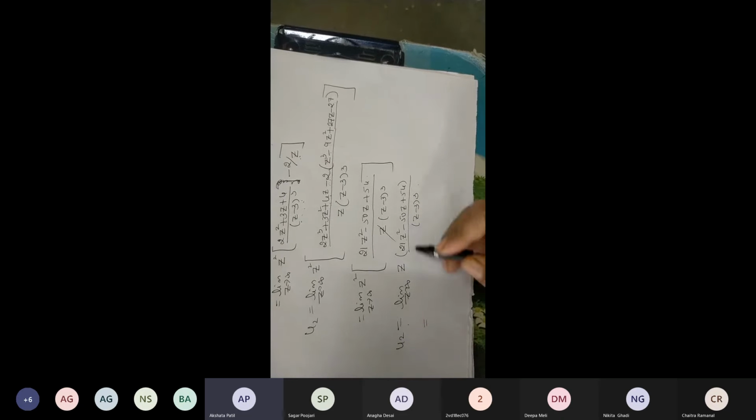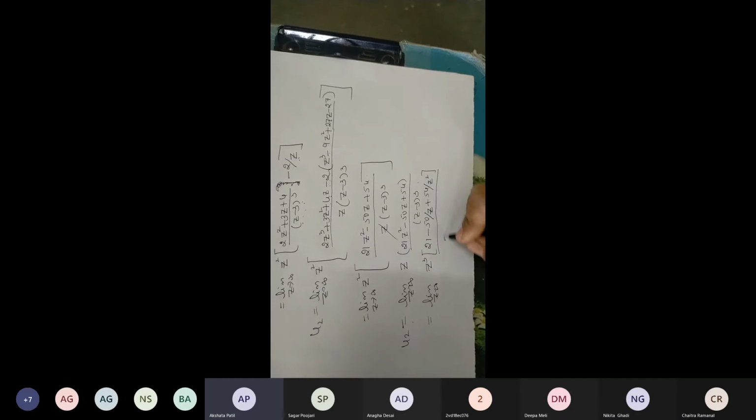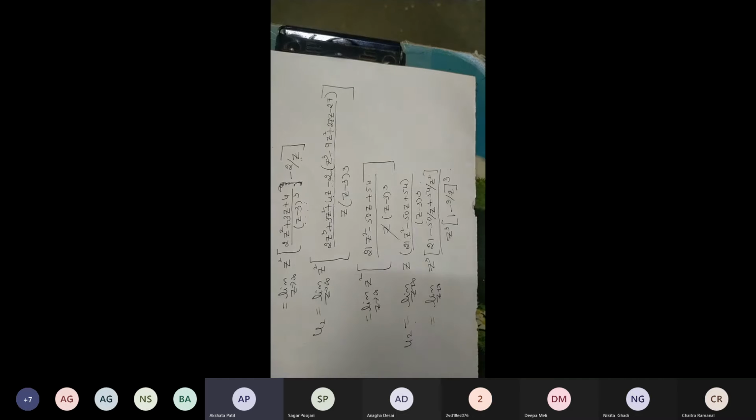Now what I should do, I need to calculate u2 value. I need to calculate u2 means what I should do? Again here highest power of z we can take outside. So highest power is z square. Take it outside. Already outside z is there, means we can write it here z cube. Z square into z is z cube. So inside is 21 minus 50 by z plus 54 by z square, whole divided by z cube. We can take it outside, means inside is (1 minus 3 by z) the whole cube. Now this z cube gets cancelled.